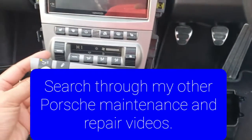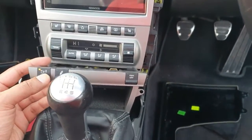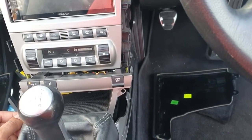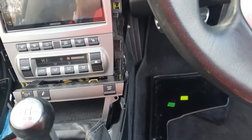That's everything put back together again. You can see the button for the spoiler is now working, the light. And all I need to do is reassemble it. Straightforward, it's the reverse of what we did to take it apart. Okay, so let's just go and do that very quickly, and I'll recap all the video just